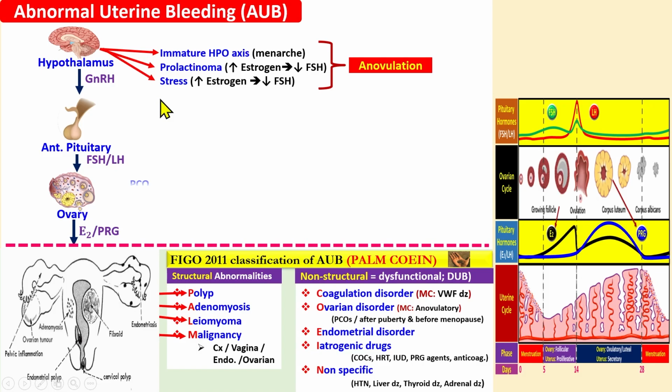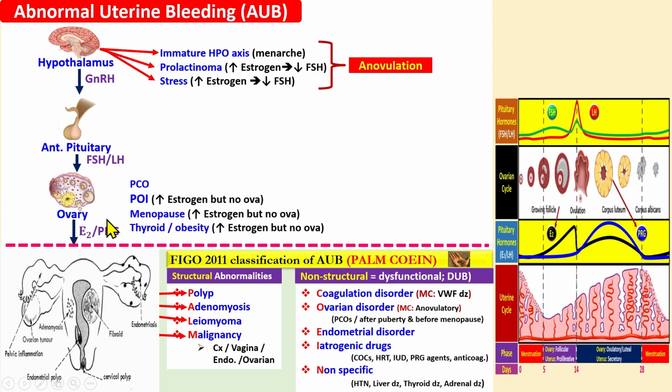If you look at the ovarian problem, as I mentioned, the most common cause is PCOS, polycystic ovarian syndrome, and premature ovarian insufficiency, where there is no ova present in the ovary, it is exhausted,